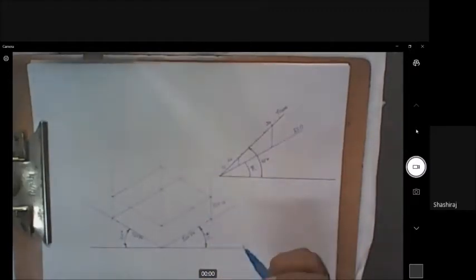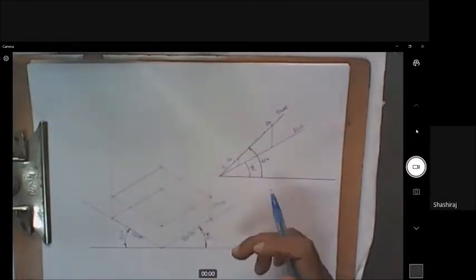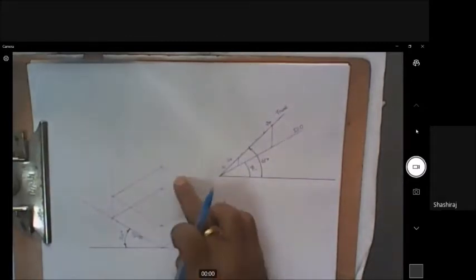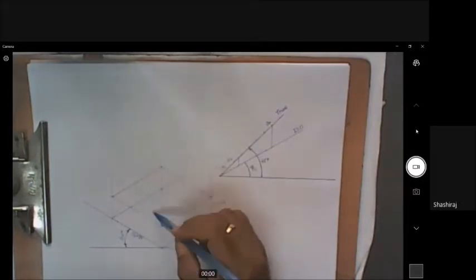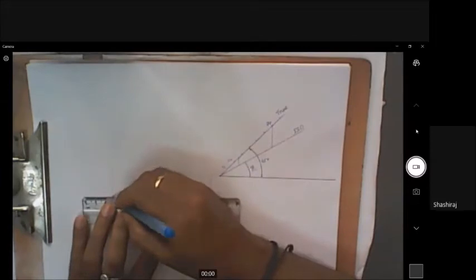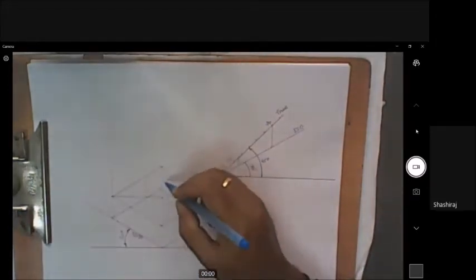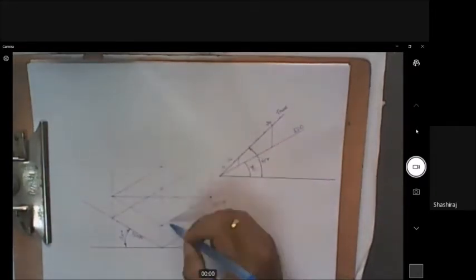So the second solid is also a square prism, but it has to be placed on top of this, and there should be axis to axis coincidence. The bottom face of the top solid has sides 30 by 30. It's a square shape, and I have to draw it at the center of the top face of the already drawn solid. The top face of the already drawn solid is this. At the center of this means I have to draw this diagonal. When this diagonal and the already drawn vertical line intersect, that is the center of the top face. Top face is this, center is here.